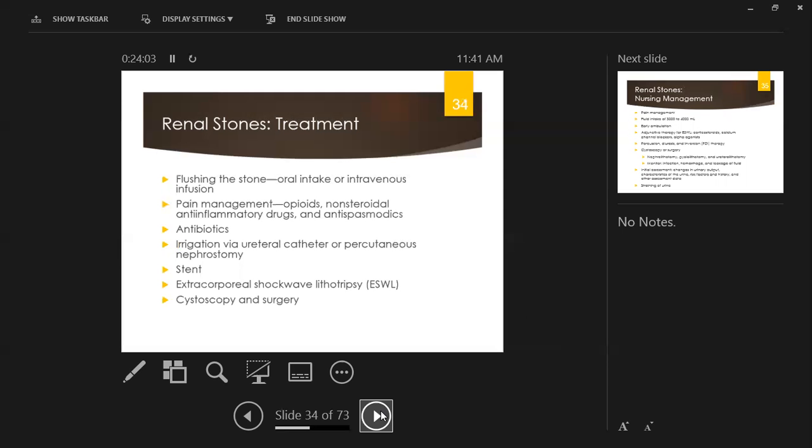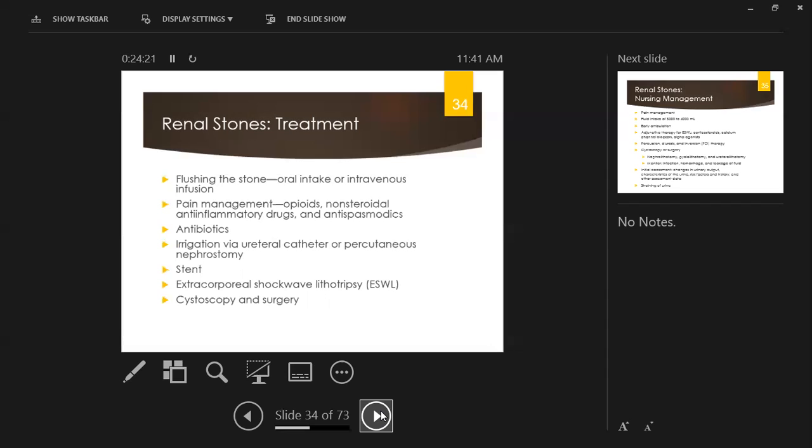Treatment for renal stones. Well, the first thing we're going to try to do is flush the stone out with conservative management. Oral intake, increasing that, increasing intravenous infusion. That way we have lots of fluid that could potentially flush that stone. We'll want to make sure that we're straining the urine in order to identify the stone once